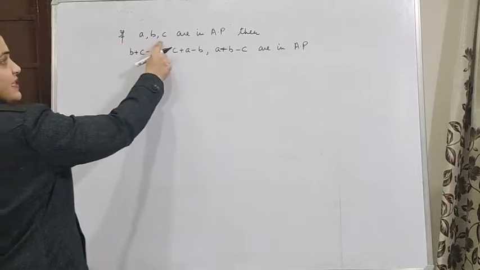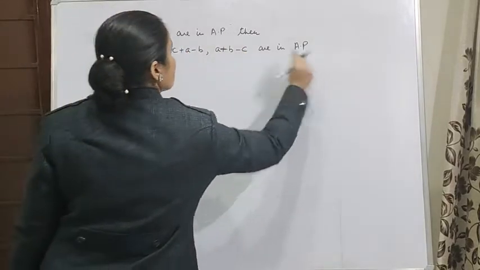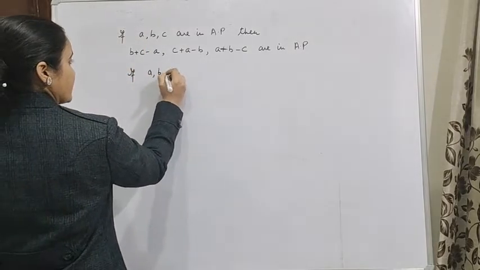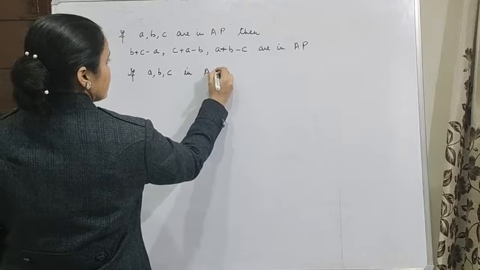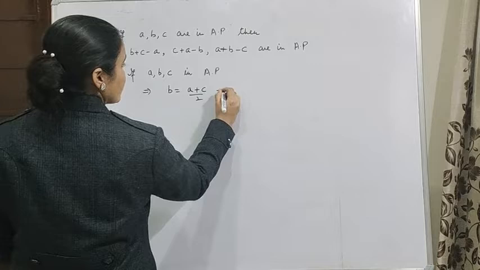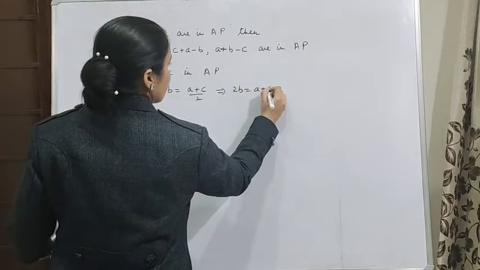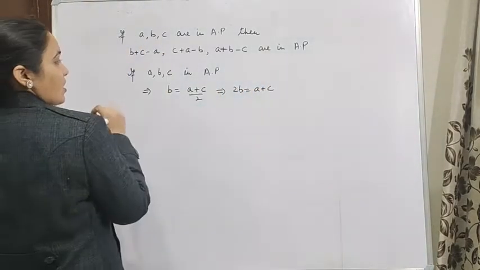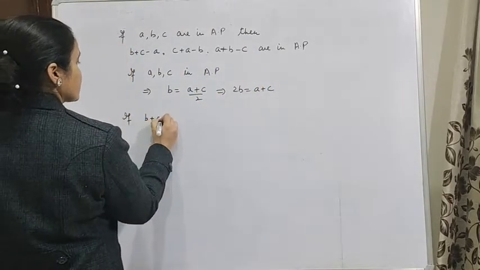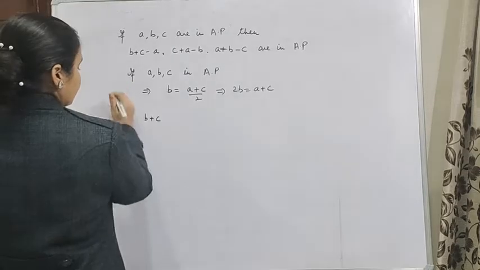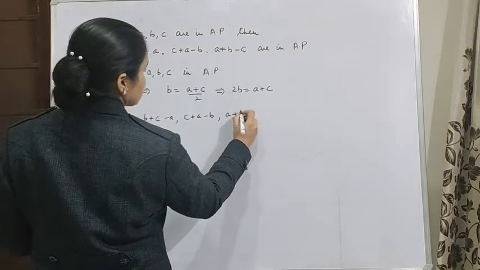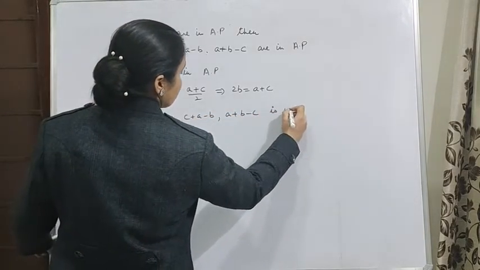Next is, if A, B, C are in AP, then prove that this is also in AP. So again use the same condition. If this is in AP, then this implies B is equal to A plus C by 2, or you can say 2B is equal to A plus C. If B plus C minus A, C plus A minus B, A plus B minus C is in AP, if